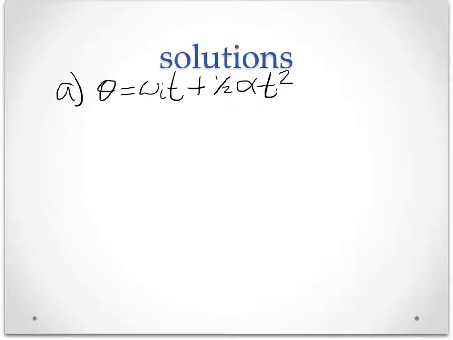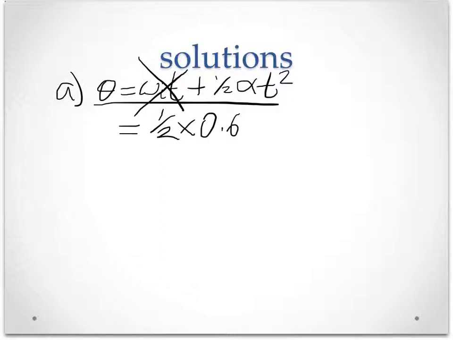Right, so for part A, this is the equation that you should have found most useful. The angular displacement theta equals the initial angular velocity omega i times t plus a half alpha t squared. Of course that first term drops out straight away because we know omega i is 0, and so it equals simply a half alpha t squared. So substituting in those values, it's a half times 0.60 times 10 squared, and that should give you the answer of 30 radians